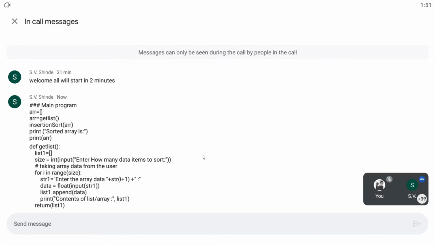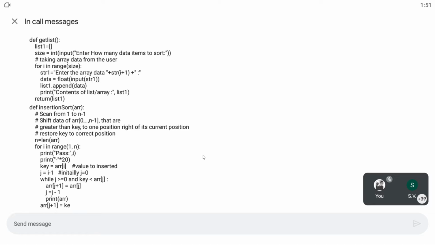And you can study the concept or the algorithm that is concerned with insertion sort. Sorry, the last element is the key, which has not been displayed.